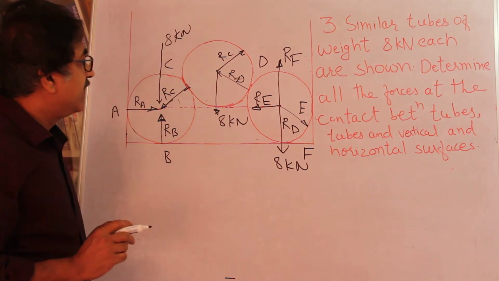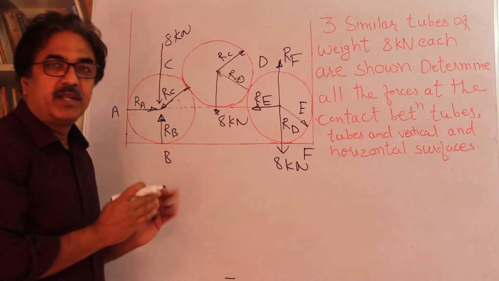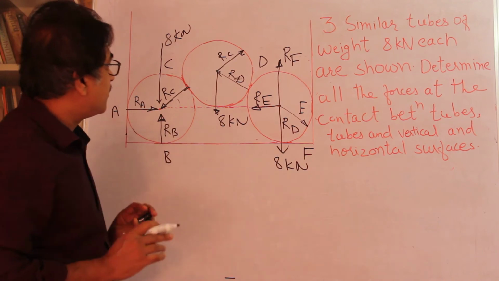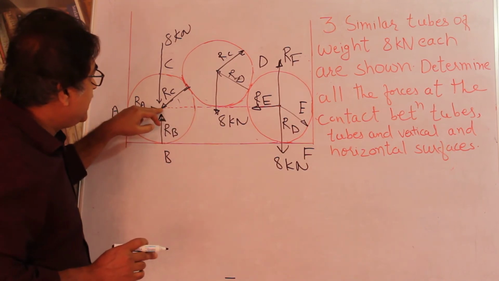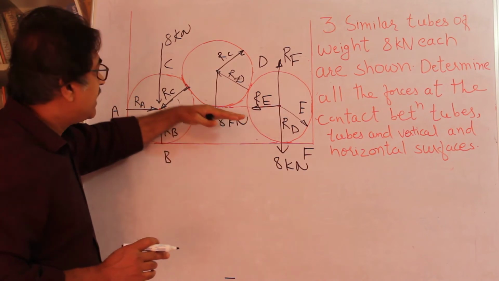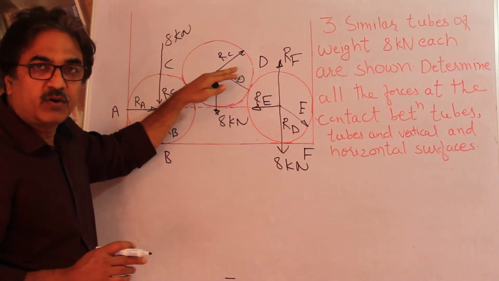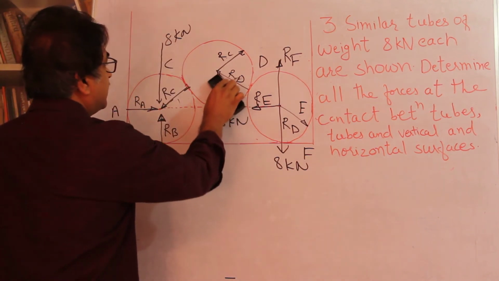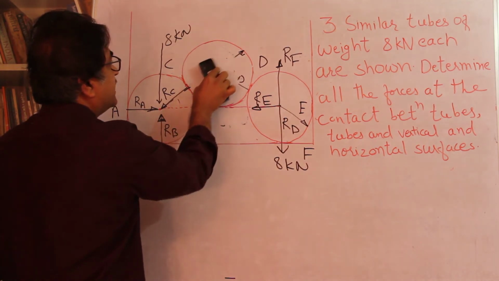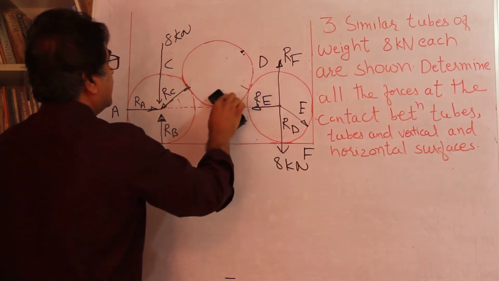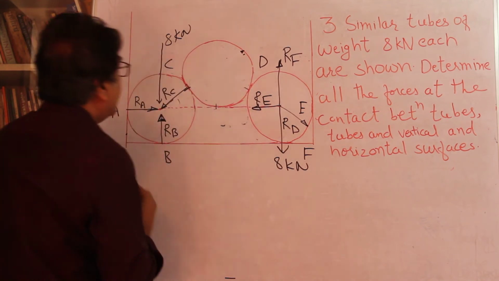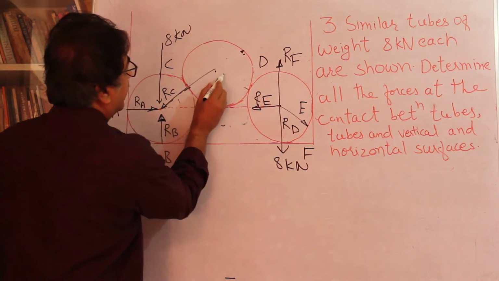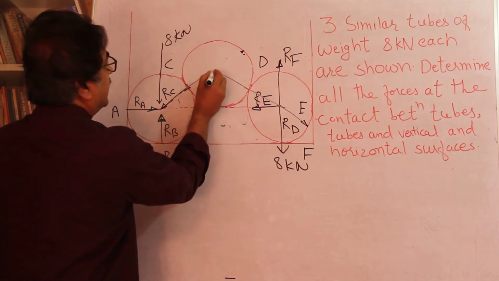So to find out this angle, and that's the crux of the problem, you have to pay attention to the structure, how the pipes are placed. You can see that a line joining the center of these two tubes becomes tangential to this tube, which means, and I'm just clearing this off so that you can understand this point, right? So this is the point. So if you join these points here, right,